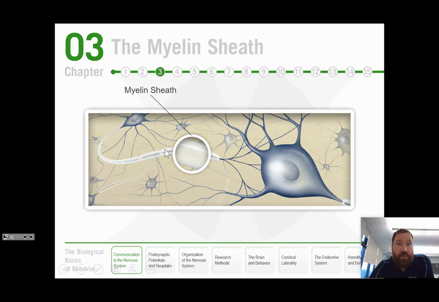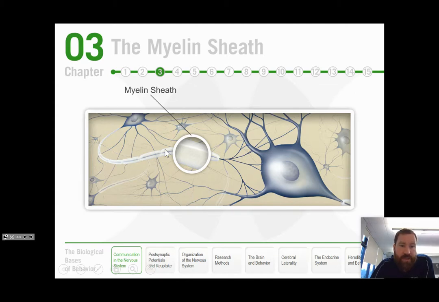Some diseases actually attack the myelin sheath. If you know multiple sclerosis, MS, that causes damage to the myelin sheath, which slows down nerve communication, which is why people with MS sometimes have trouble walking or speaking or with fine muscle movements or other things related to the nervous system, because their myelin sheaths are being damaged and it's taking longer for the messages to be sent and to connect.